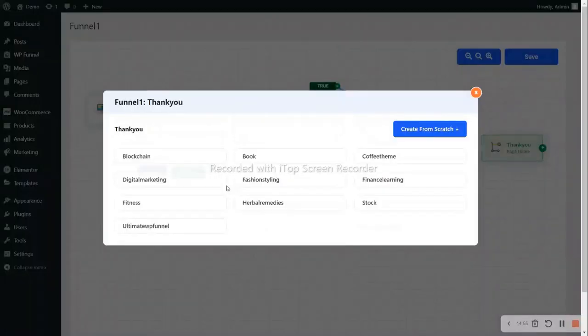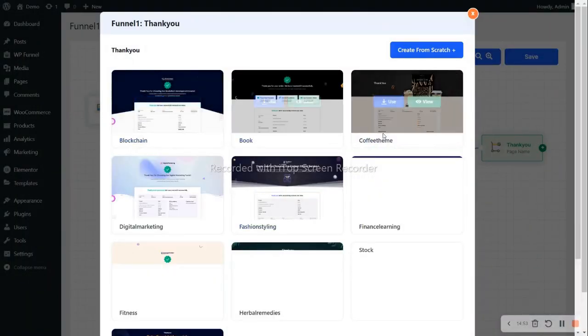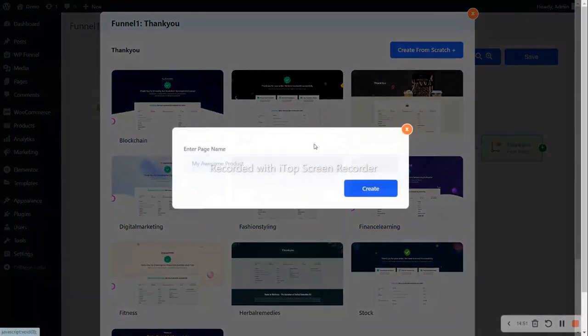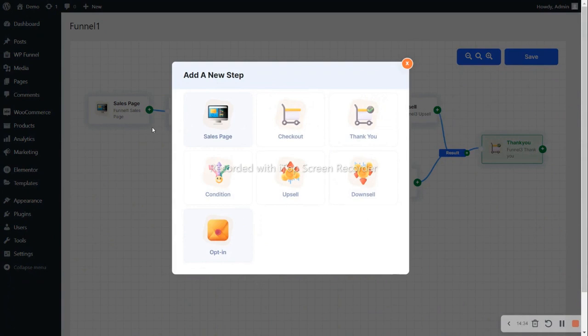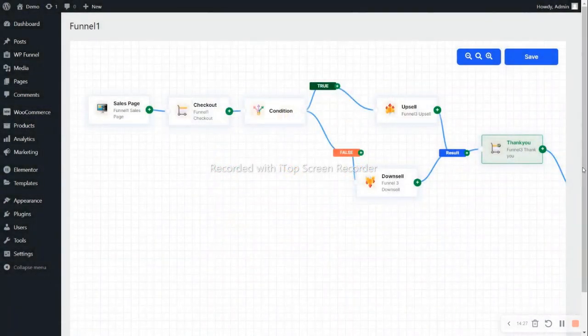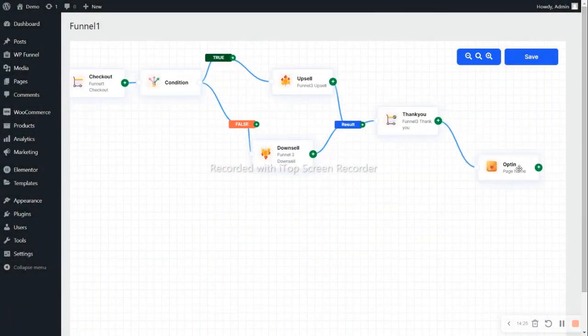And in the thank you page, you can again go with the pre-built design, or you can start from scratch, and create it. After the thank you page, you can either go with the sales page, or you can add the opt-in form.